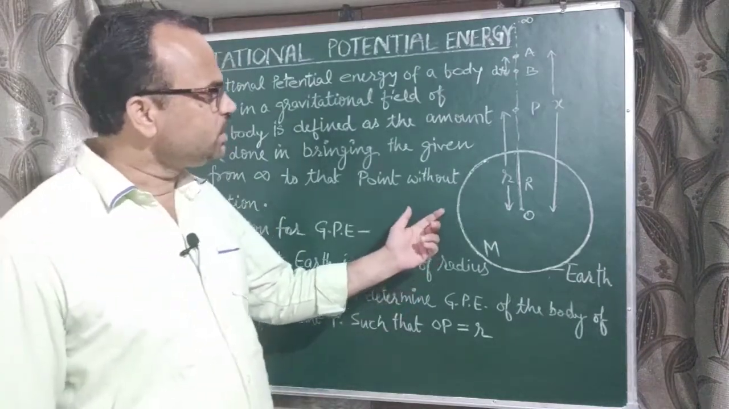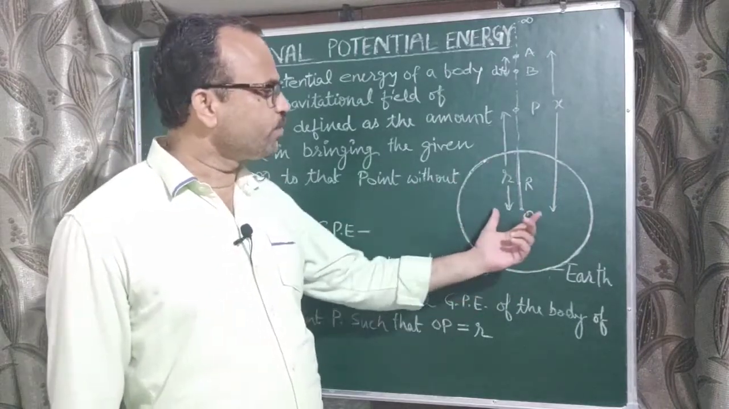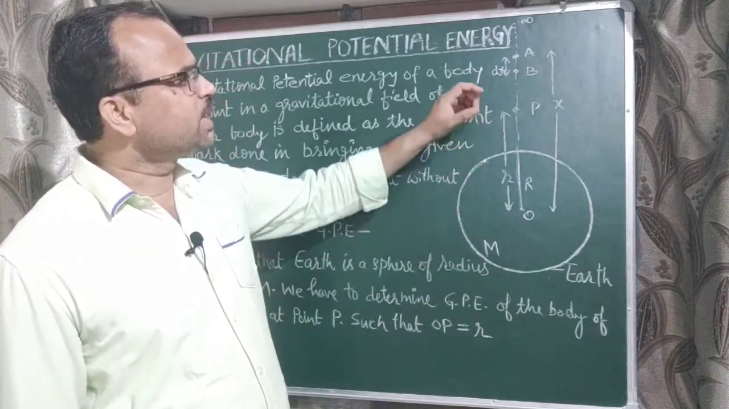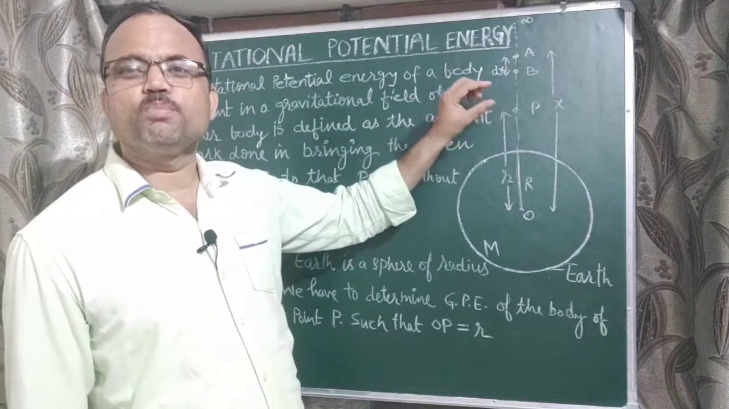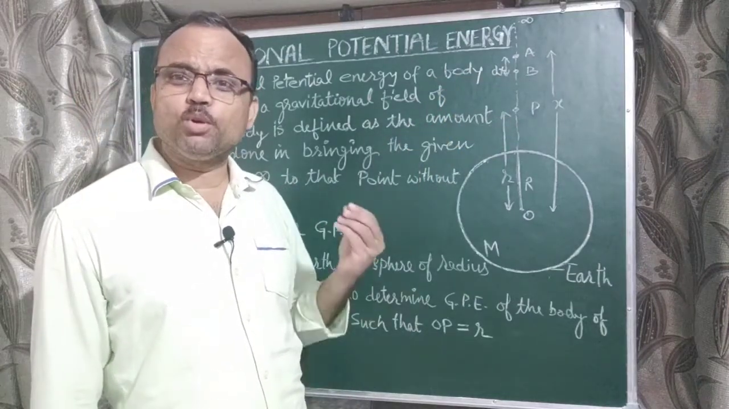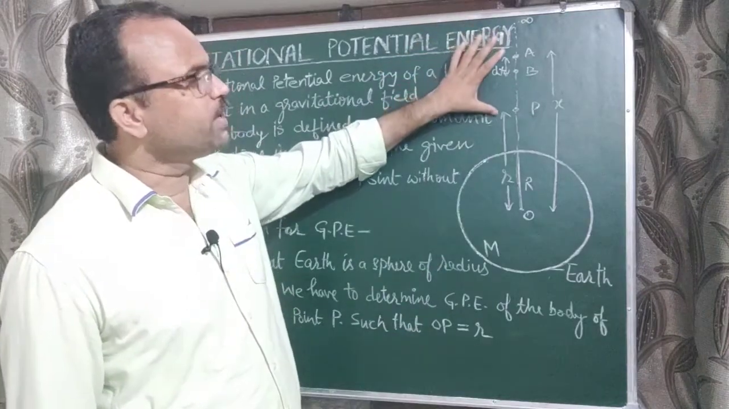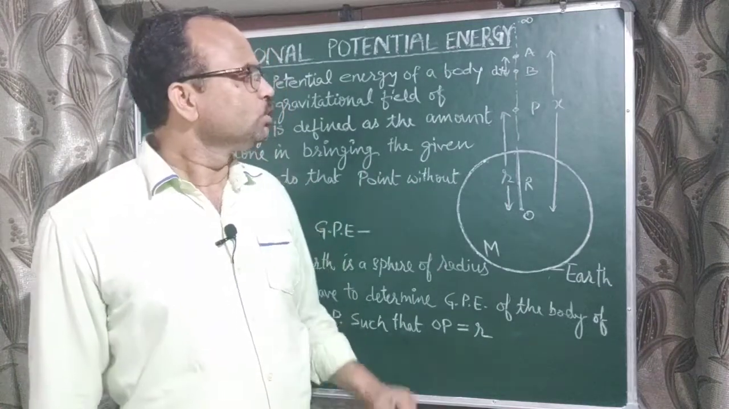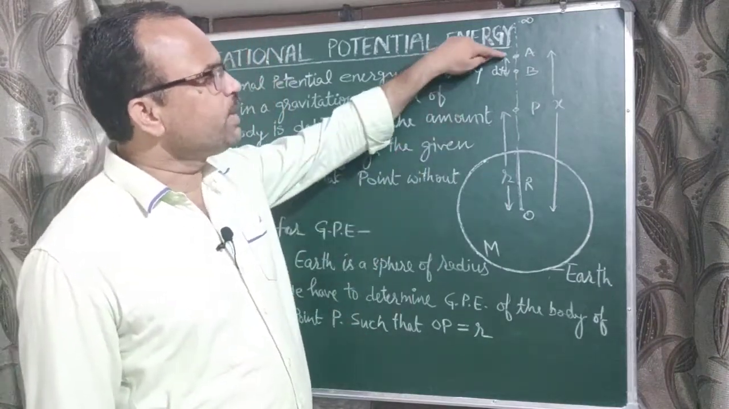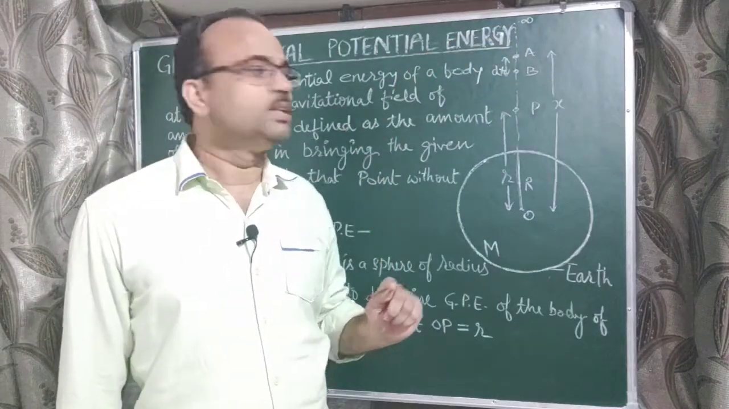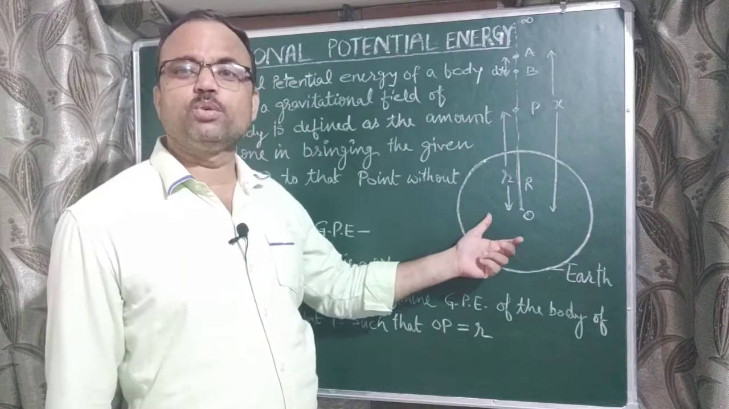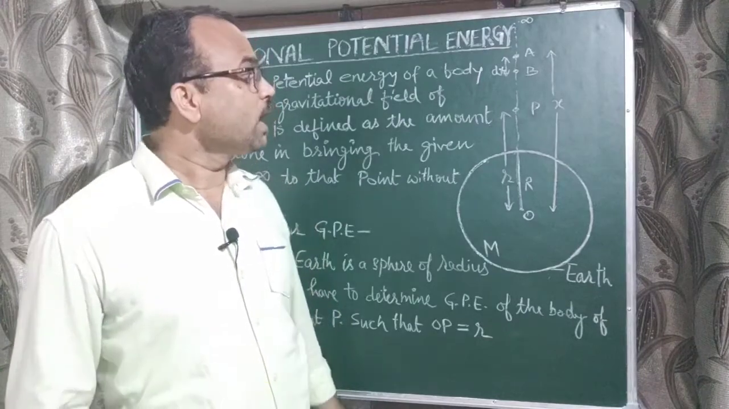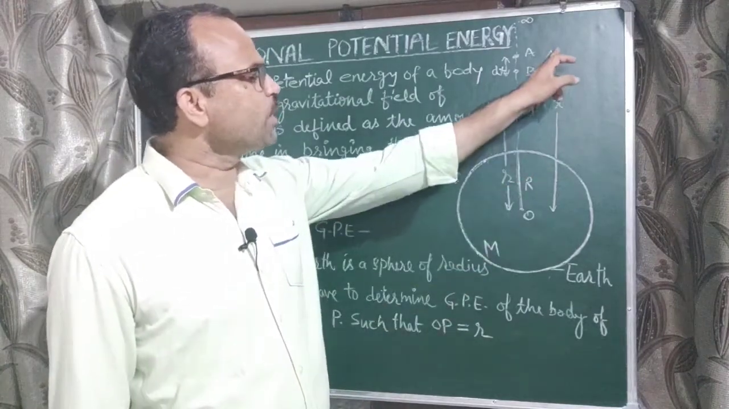For this, consider that Earth is a sphere of radius R and mass M. We have to determine the gravitational potential energy of a body of mass m. So we have to bring that body from infinity to point P and calculate the amount of work done. At any instant, suppose the body is at point A. When the body is at point A, it experiences the gravitational force of Earth,